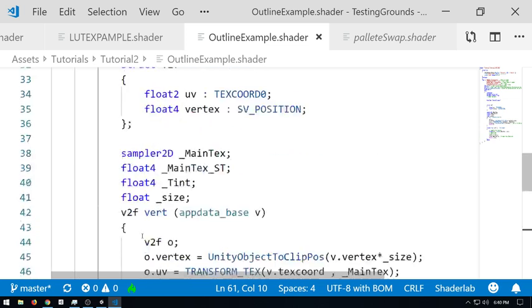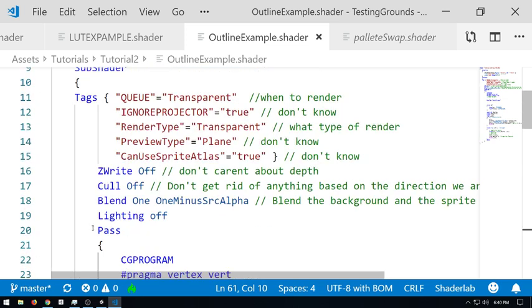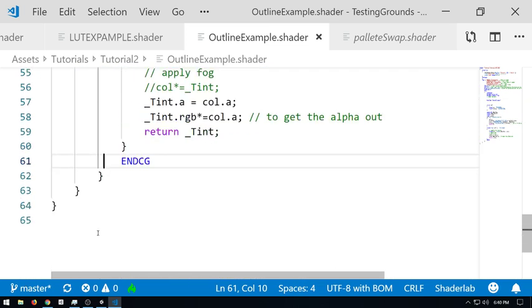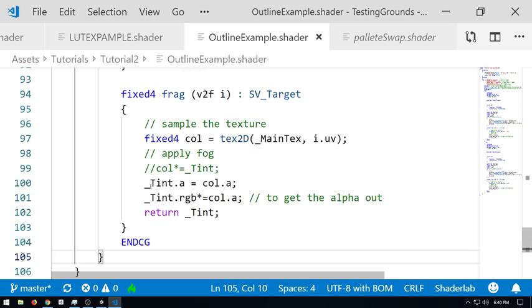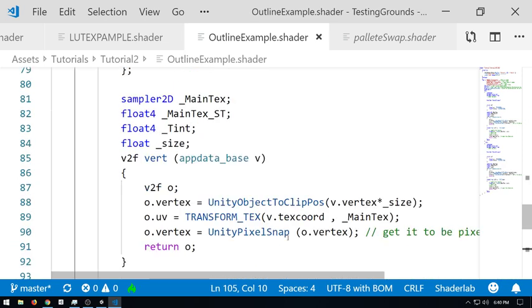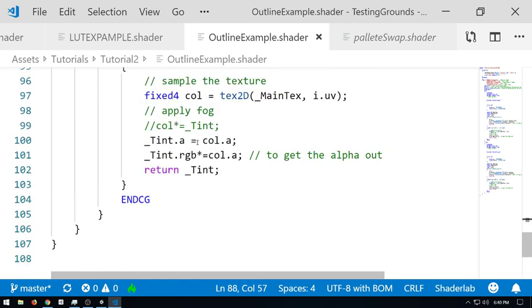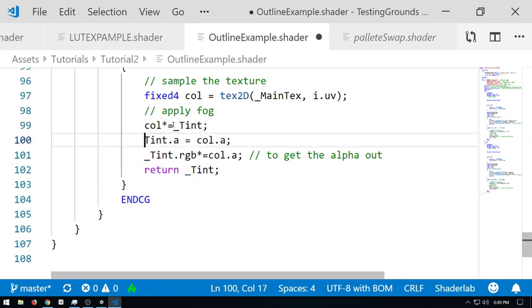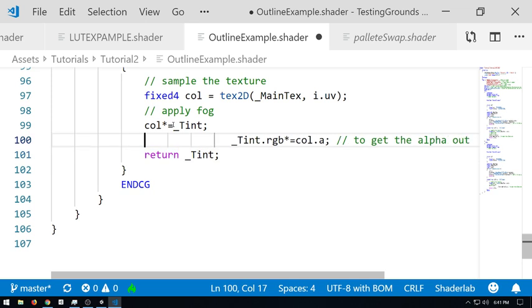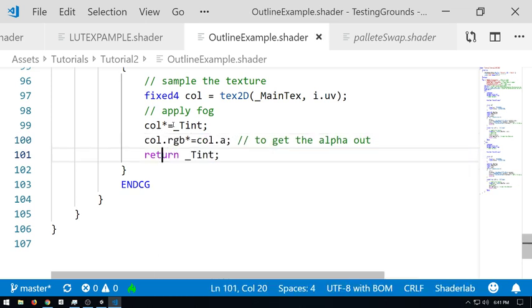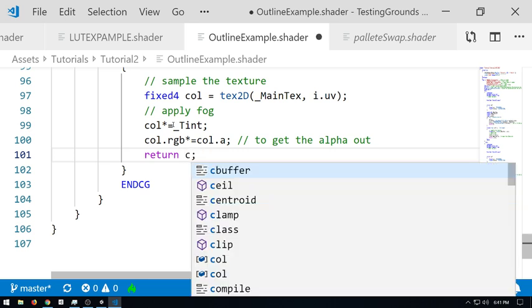Hold on. Do I have to do that? Yeah, I have to do that. Ugh. Second pass. Yeah, so it used to be that the way I would do this is via a second pass, which essentially meant color times equal tint, and then col.rgb, cool.